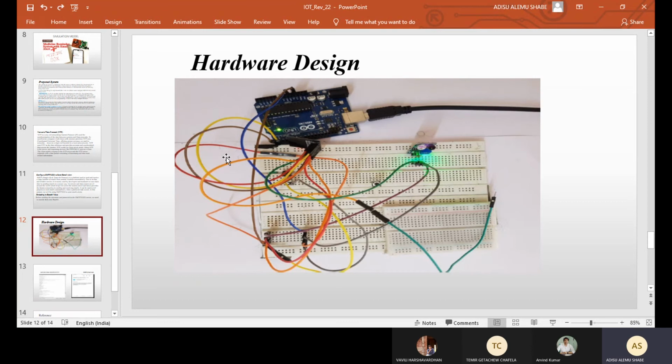The range of Wi-Fi modules runs from ESP01 to ESP12 by Espressif, but we used ESP01 because it is very low cost and easily available in the market. There are also other low-cost components like the push button, jumper wires, and breadboard. This is what I can say, short and precise. Next, Tamir will continue.